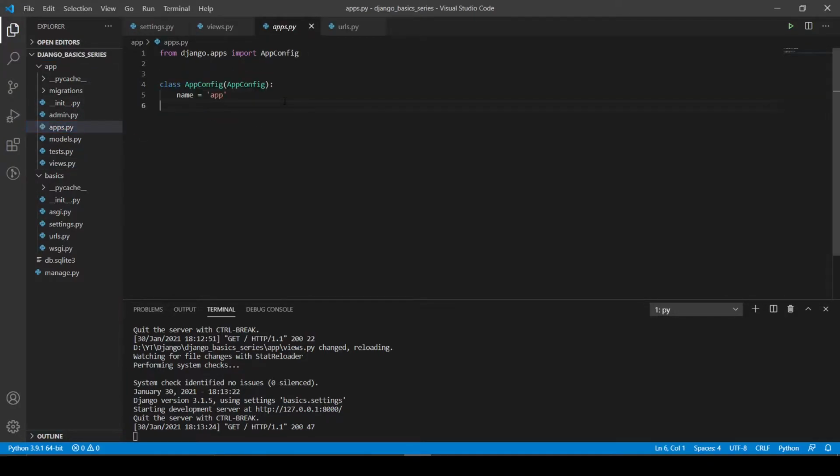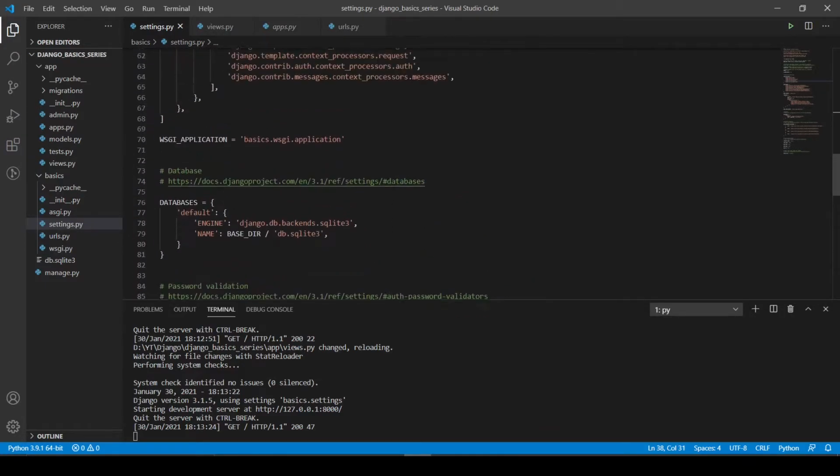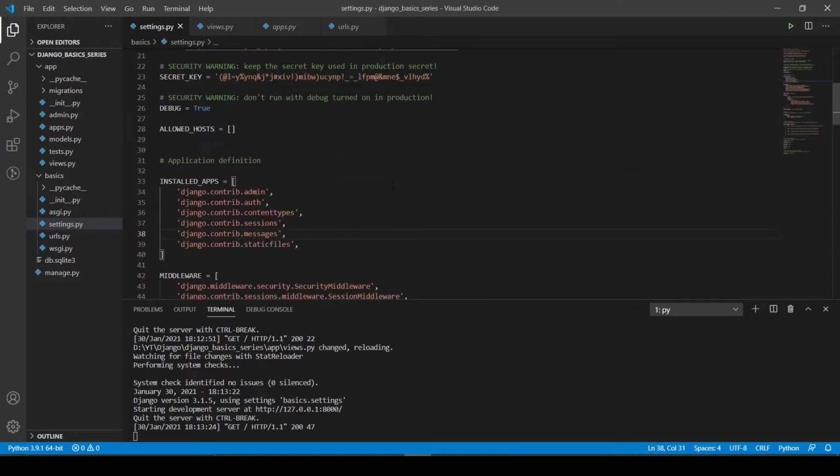And apps.py holds whatever configuration we have for the app. Then we need to reference it in settings.py to say that this app is installed, like app.apps.AppConfig.